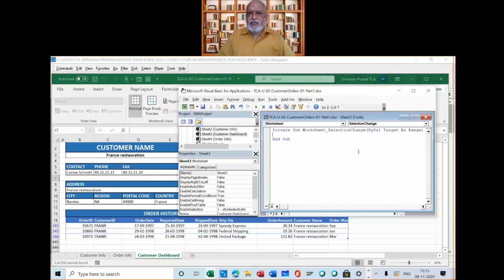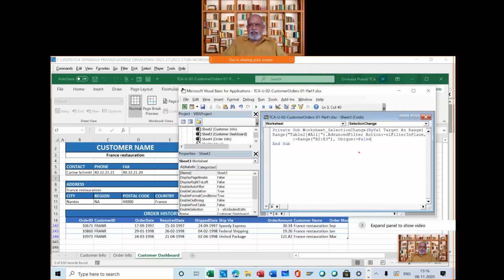Now the script is already written. It is a private subroutine and end subroutine. All I have to do is copy this. In this worksheet, what does it say? Let us have a look at it. It is simple English, nothing to worry about.